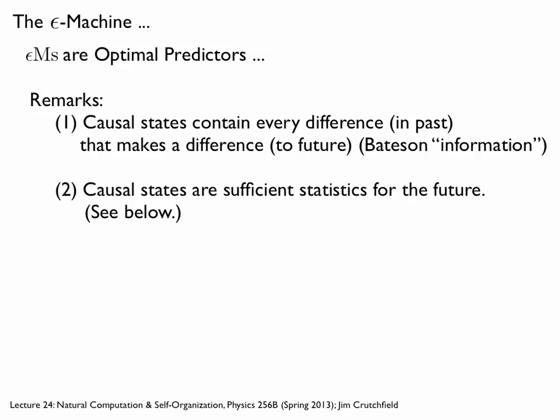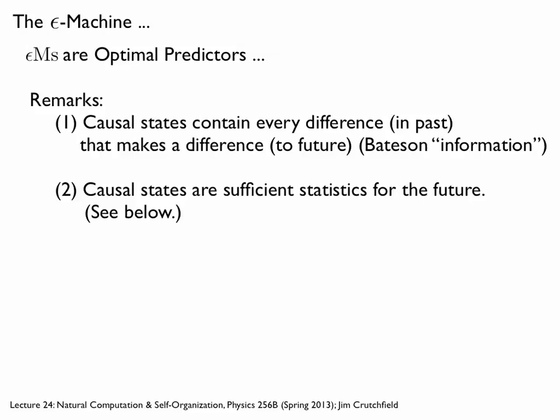So in terms of goals, that's pretty good. After doing all this work, you calculate the causal states and transition structure, and you have these optimal predictors. One way to think about this gets back to the very first lecture on information theory, where there was this mysterious quantity: what is information? I mentioned my favorite definition was given by my mentor, Gregory Bateson, an early cybernetician. He defined information as a difference that makes a difference.